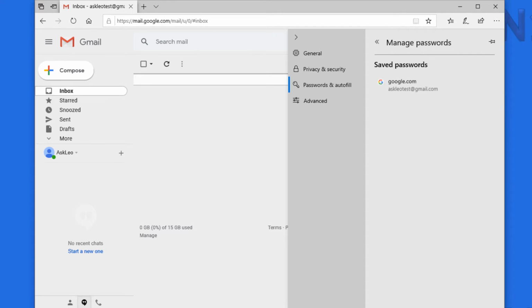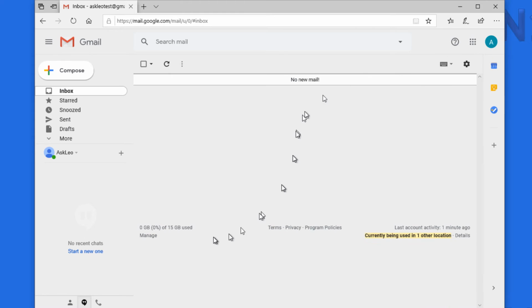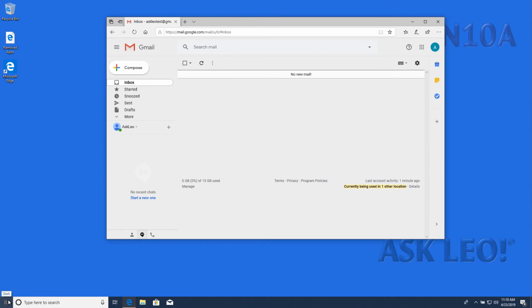Manage Passwords lets you control which of the passwords you want it to save. You can get more information, including the current username, but you cannot see the current password here. You can, if you like, update the password if you know that it's changed, but that's not what we're trying to do here. Instead, what we need to do is search